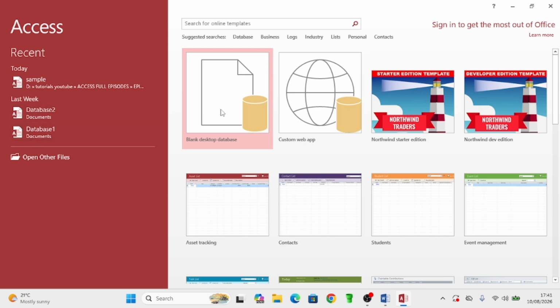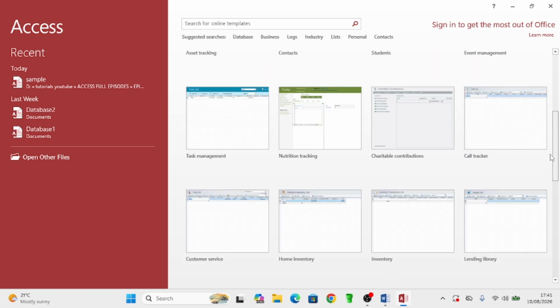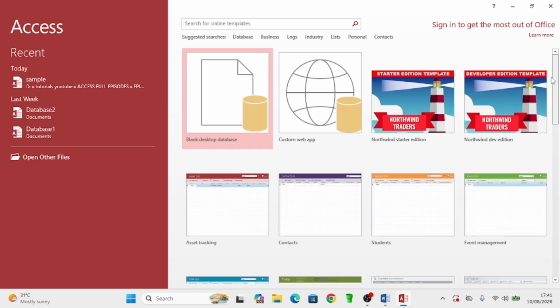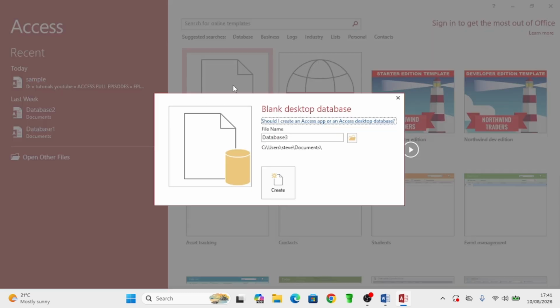And then also here we have some templates which you can use. These templates, we are going to come back to them in the next series. So we are interested in creating a blank database. So you just left click on the blank database, and just before you save the database, check the location path where you are saving your database. So I'll just come and give my database a name. I just call it Steve